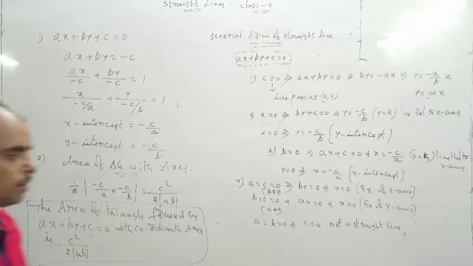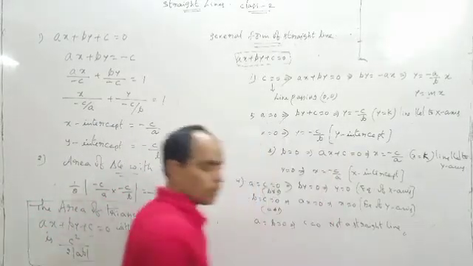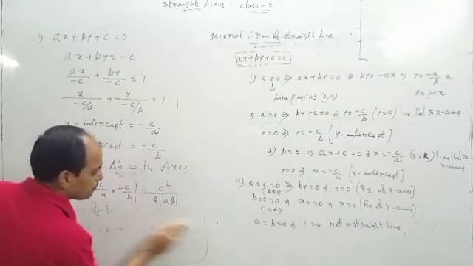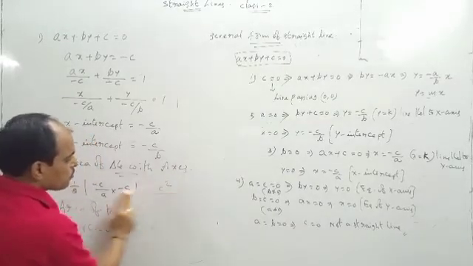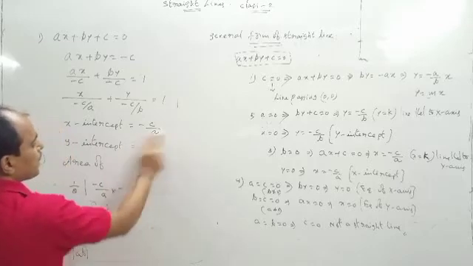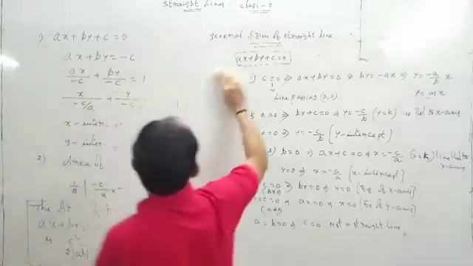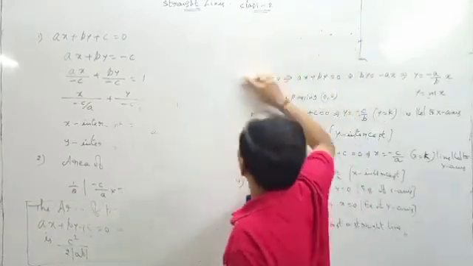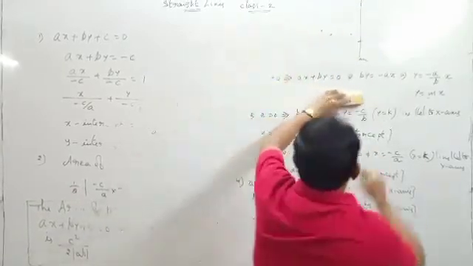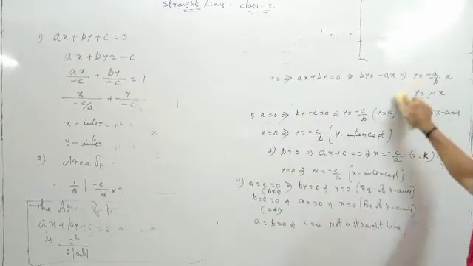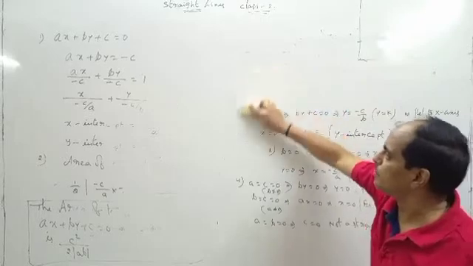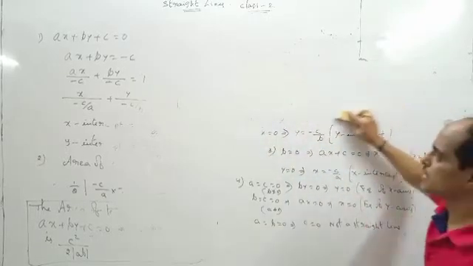Okay. Now see, we have discussed many points and told different forms of straight lines. Look carefully at when to use which formula. First one is when the line is passing through origin, y is equal to mx be the equation of the straight line when it is passing through origin.